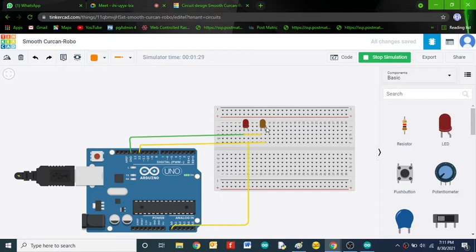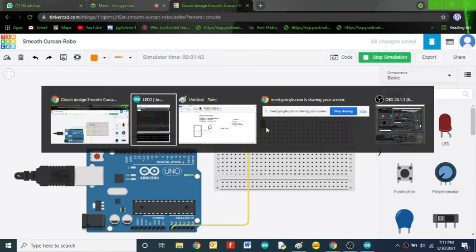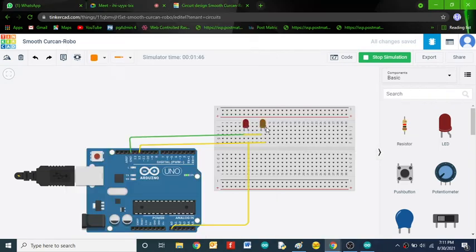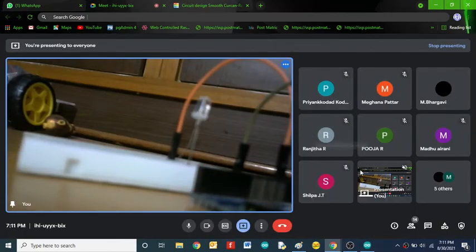So I don't want to go for the series blinking. Now I want to blink the LEDs with the parallel mechanism. Now we are going to do that. I'll ask Silpa.